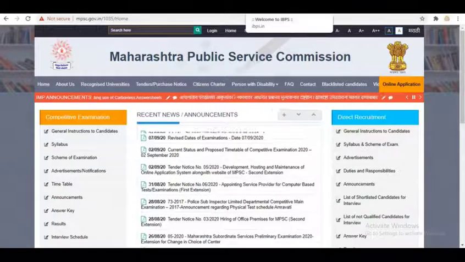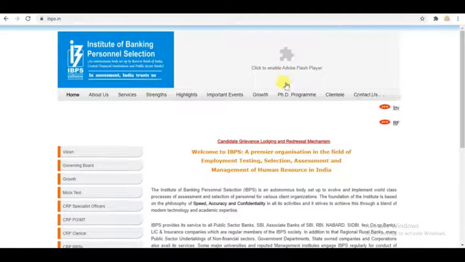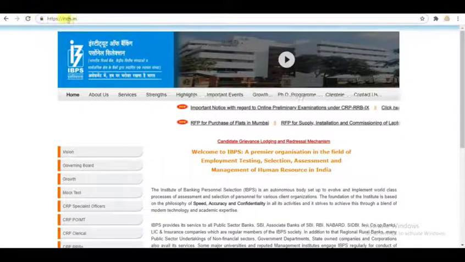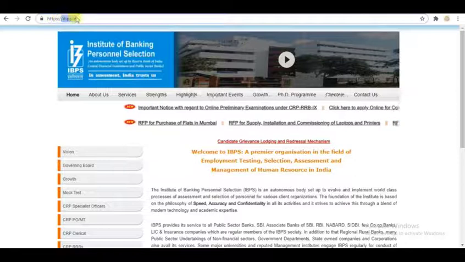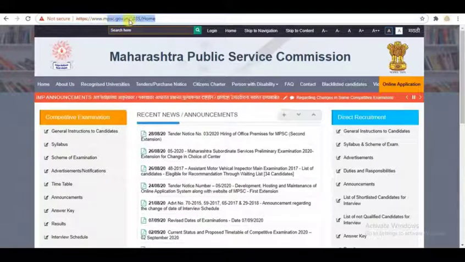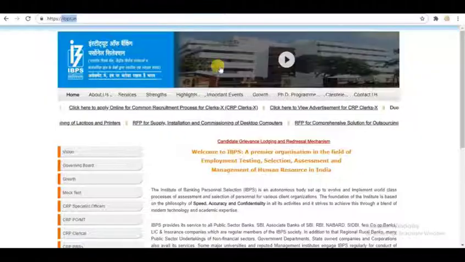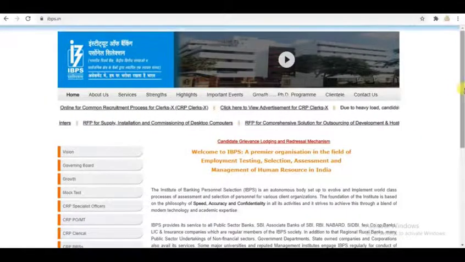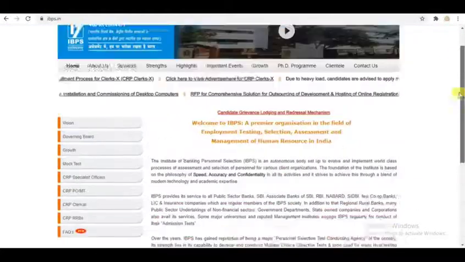The next website is IBPS. You can see the URL also. The URL of this site is ibps.in, and the URL of the first was mpsc.gov.in/1035/home. See the layout, it is different from the previous one.